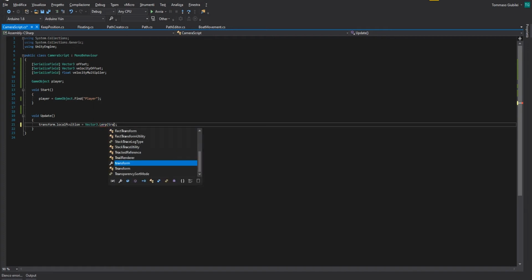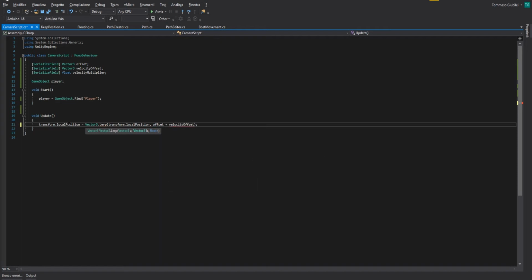Inside this, the starting position for the lerp will be the starting local position, while the vector to reach will be the offset, that is the basic offset of the boat, plus the velocity offset times the velocity magnitude. So we get the rigidbody of our player, we get from this the velocity and then the magnitude,